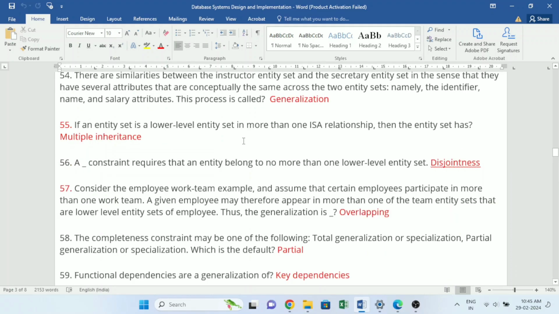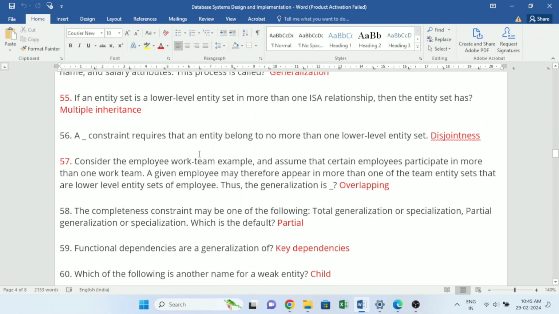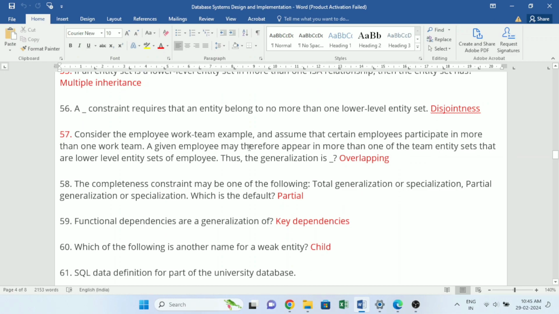55. If an entity set is a lower-level entity set in more than one ISA relationship, then the entity set has multiple inheritance. 56. A _ constraint requires that an entity belong to no more than one lower-level entity set. Disjointness. 57. Consider the employee work team